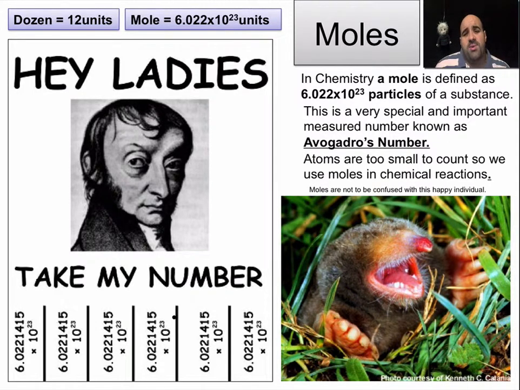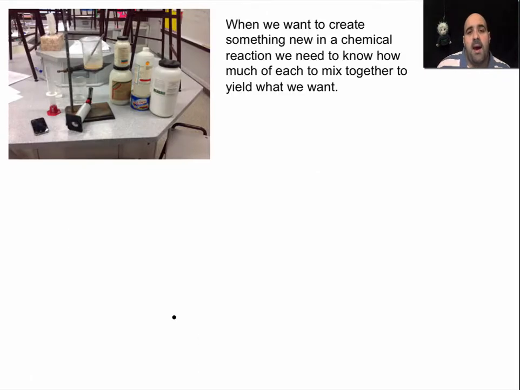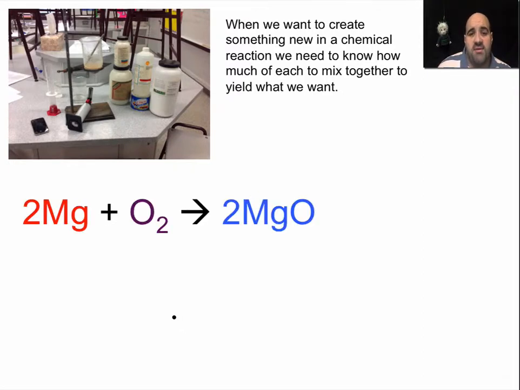Atoms are too small to count, so we're going to use moles in chemical reactions, and essentially we are going to use mass as a means of counting. But when we want to create something new in a chemical reaction, we need to know how much to mix together to yield what we want. And chemical reactions get very complicated. When you're in a lab, you don't want to have excess ingredients. You want to be cost effective. You don't want to have to worry about side reactions occurring, putting too much of one thing or not enough of it. So we need to know exactly what to put in and how much of each quantity